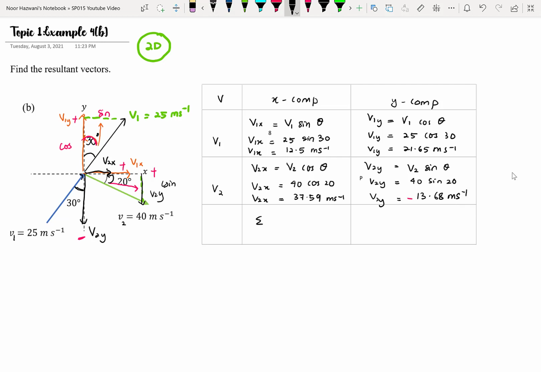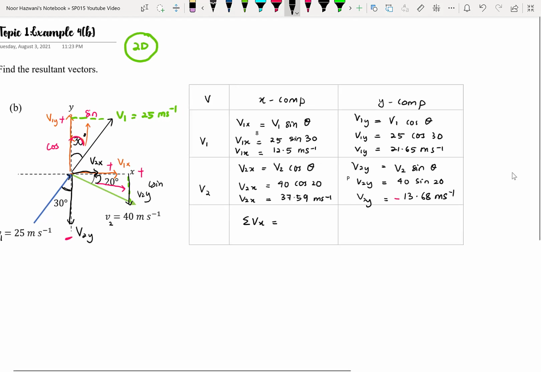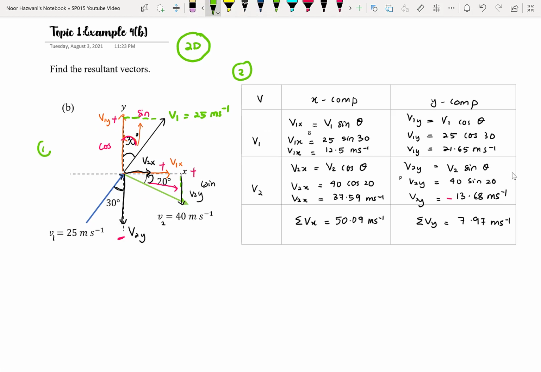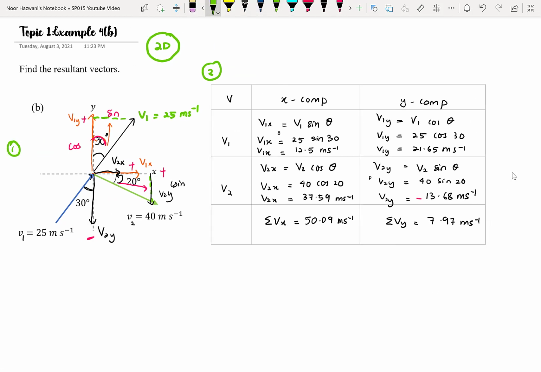So you will get the summations of X. Okay, you sum up, add everything according to the components. So you will get 50.99 meter per second. That's for the X axis. And for the Y axis, you will get 7.97 meter per second. Okay, so that's step number 2. We sum up the components. The step number 1 earlier is what we had to draw first, and then you must make sure all the arrows come out